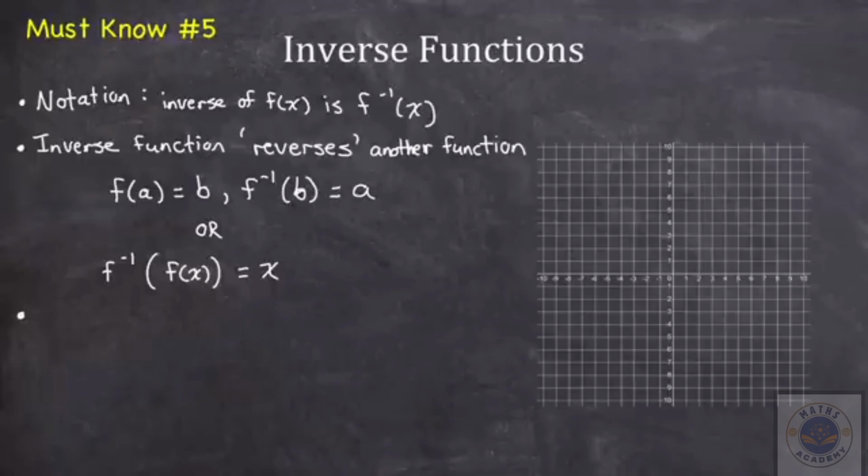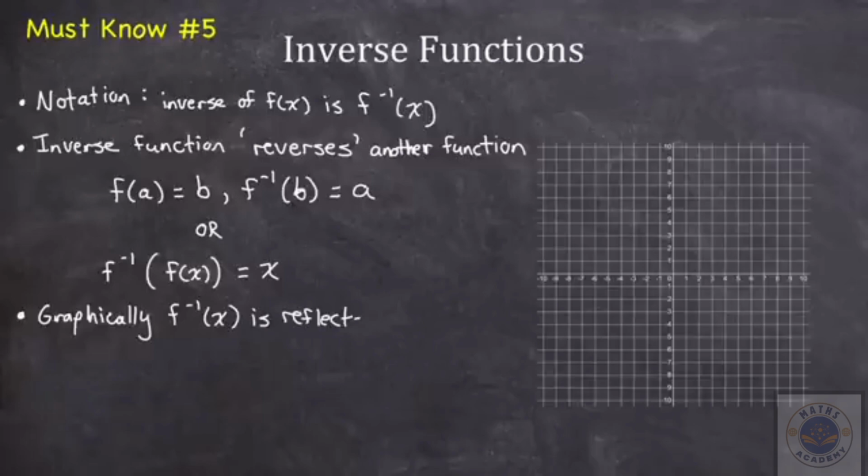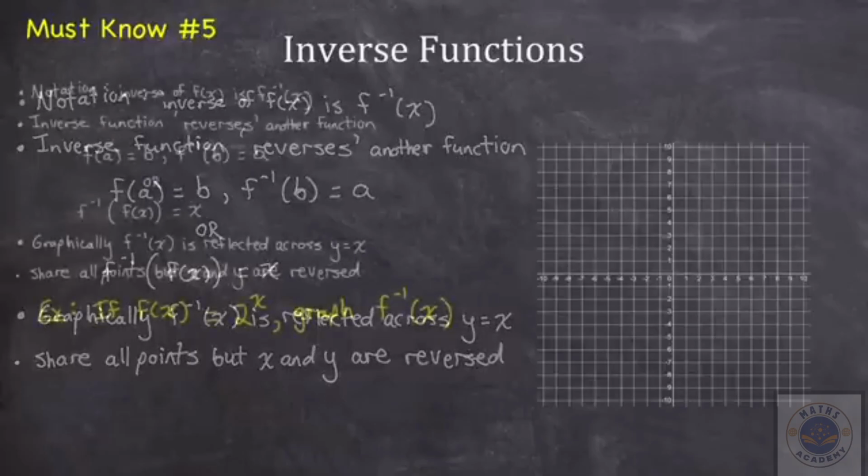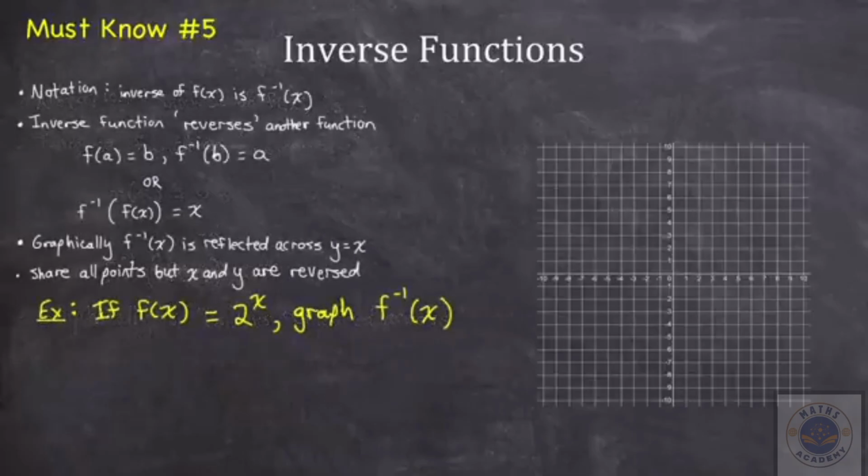value. And if we're to compare the graphs of f of x and the inverse of f of x, the inverse of f of x is just reflected across the line y equals x. And the graph of f of x and its inverse actually share all of the same points, but their x and y coordinates are reversed. And now let me demonstrate all of these properties to you with an example. The example says, if f of x equals 2 to the power of x, let's graph